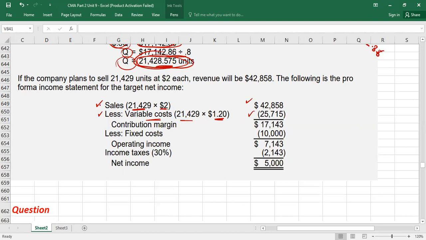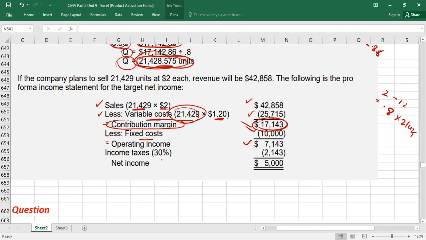Then this is equal to the contribution margin. Otherwise, you can start the question from contribution margin also. How? Unit contribution margin is how much? Sale price is 2, variable cost is 1.2, so unit contribution margin is 0.8. I can directly multiply 0.8 with these 21,429 units. So it will give you the total contribution of this much. So you can start from the contribution also. There are various ways. Then we'll deduct your fixed cost, which is 10,000. This is equal to operating income of